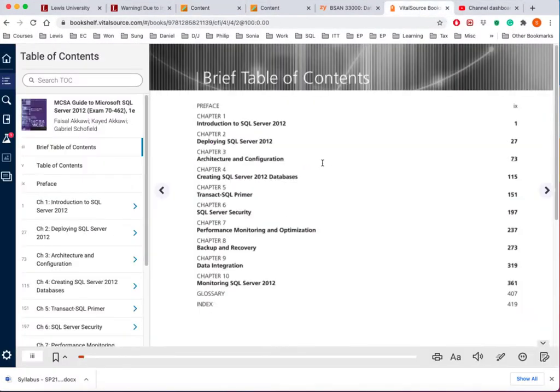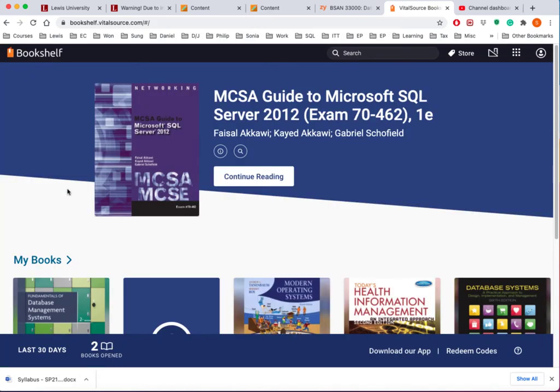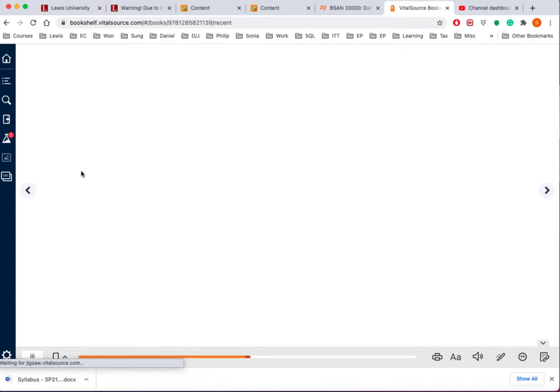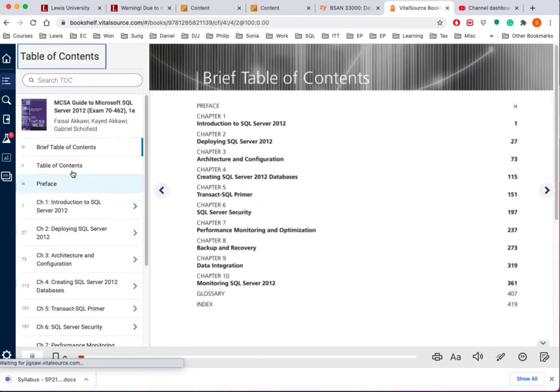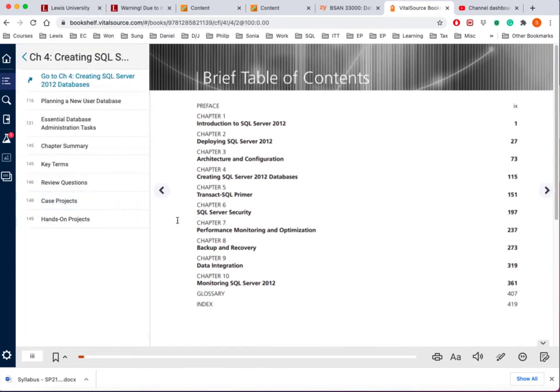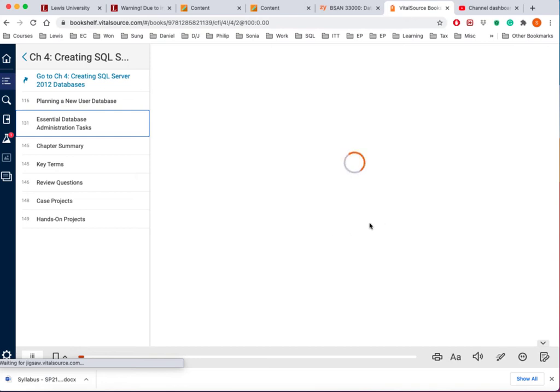Let me see if I can get to the library. So here's the actual book, and if I go in again, you will see that it is sort of like a lab manual. Introduction to SQL architecture, let's say week 4 or chapter 4. Here are the essential duties, and it gives you,